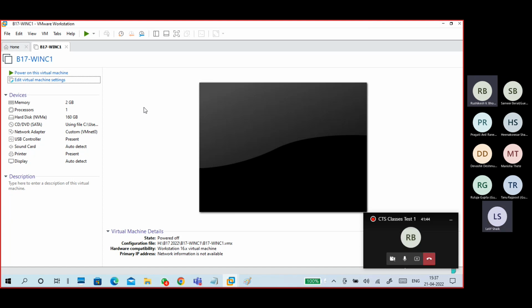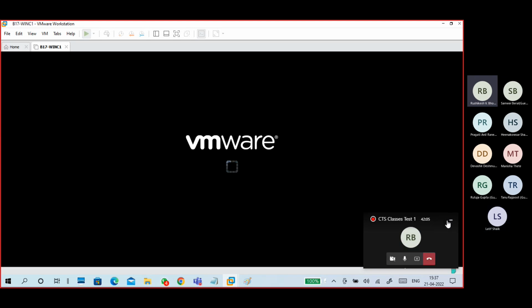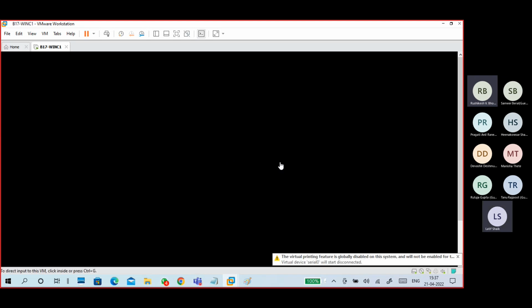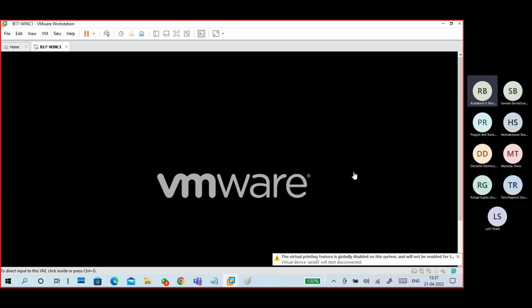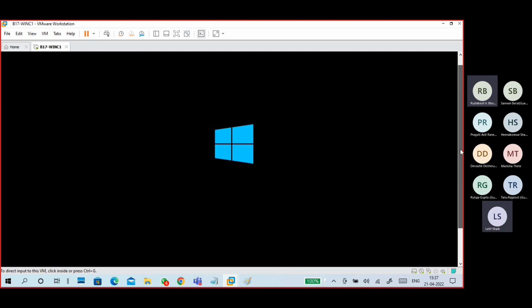I should have told this earlier, when we installed Windows 10 only. But that was your first time, and a lot of people were confused, right? So that's why I didn't tell that one. Now I told because you already know your Windows and your virtual machines. Okay. Now I'm powering on. We'll see whether it is replicating my physical network or not.